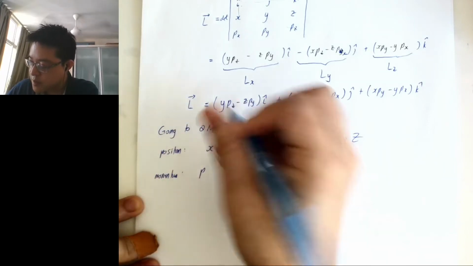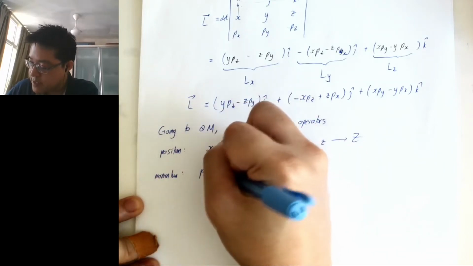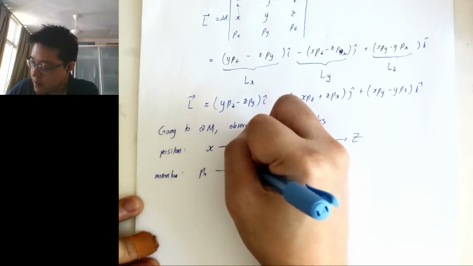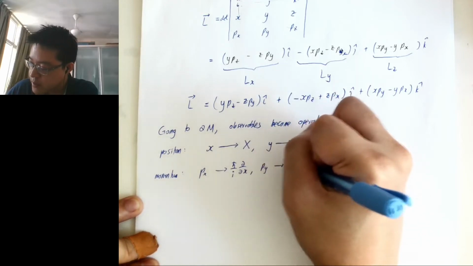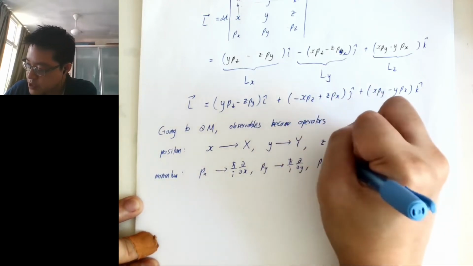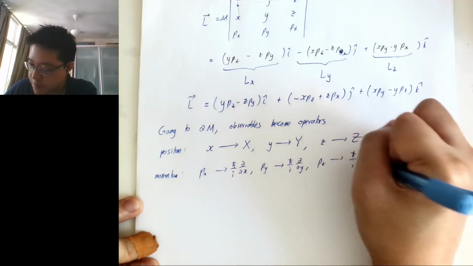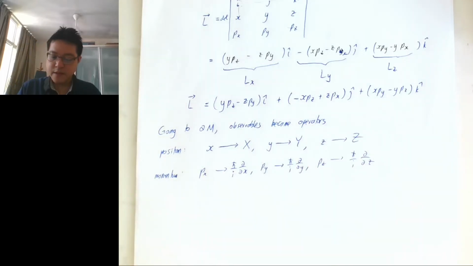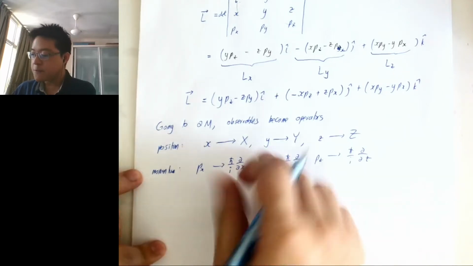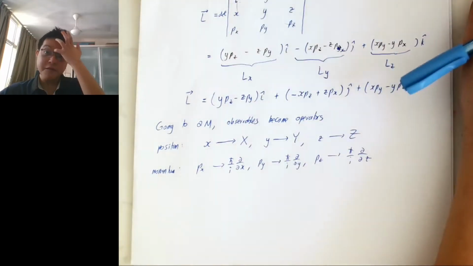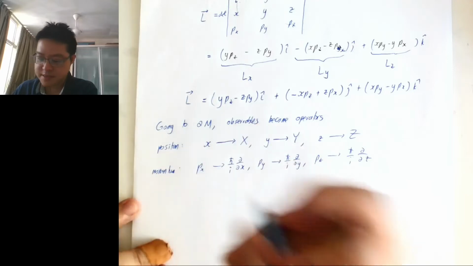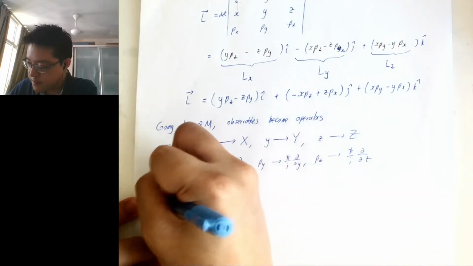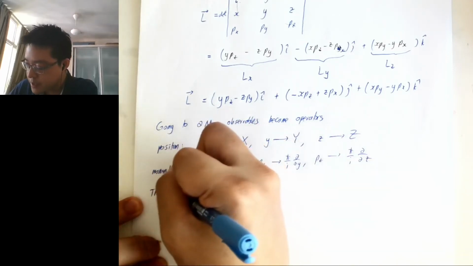So how do you change the momentum? Momentum px is h bar over i, derivative x, right? And then py, change this to h bar over i, derivative y, and then pz, change this to h bar over i, derivative z. Okay, so now let me quickly repeat everything that we have here, but now the only problem is these are now operators. So in quantum mechanics, the angular momentum operator,